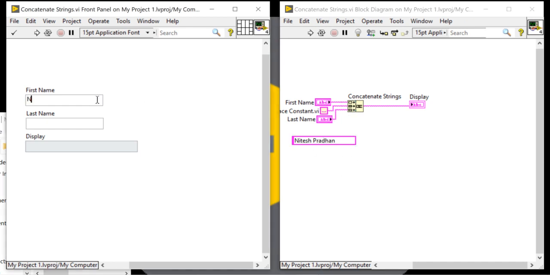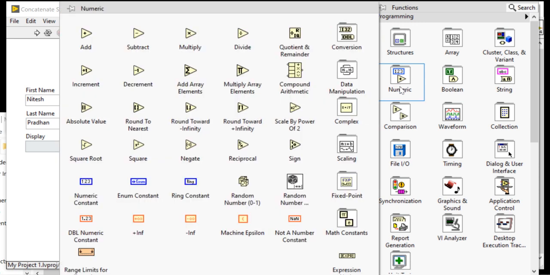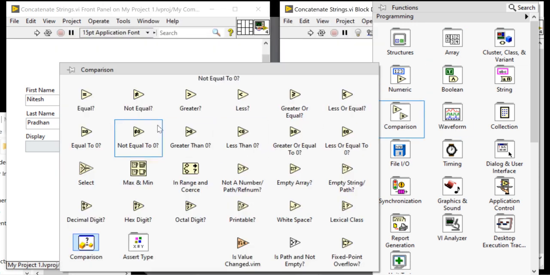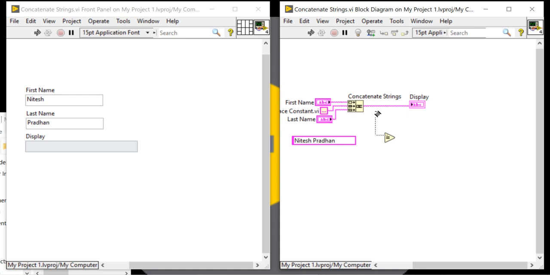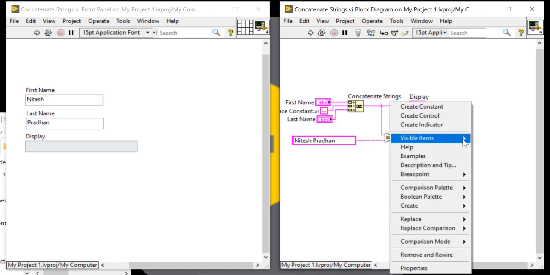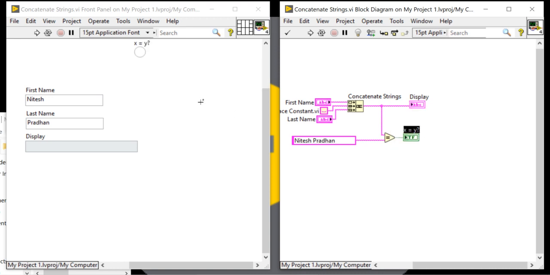And here, if I enter Nitesh, then after the space Pradhan, and after Pradhan I apply one more space, and I want to compare whether both are the same or not. Okay, so now both are not the same. Why? Because after Nitesh there are two spaces, and after Pradhan there is one more space. Getting the point?